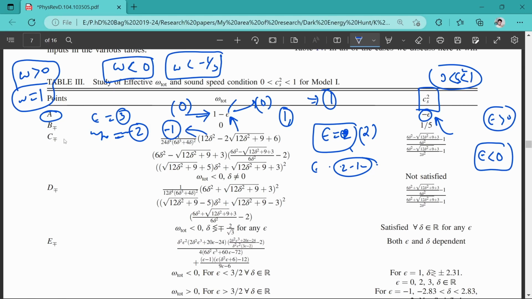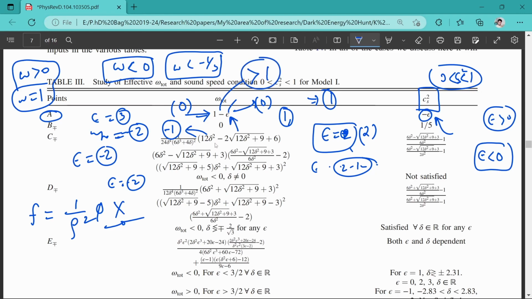Okay, so now if you take epsilon to be negative, what happens is that your interaction part will become like this. Suppose epsilon is -2, then your f becomes 1 by rho square, and then again phi and x. So this point is telling you that because omega total will become greater than 1, it is manifesting the great deceleration of the universe. At the early phase, if your energy density was something dominated and this phi and x were not dominated, then this omega total is exhibiting the deceleration phase of nature, and this may correspond to the early phase of the universe.